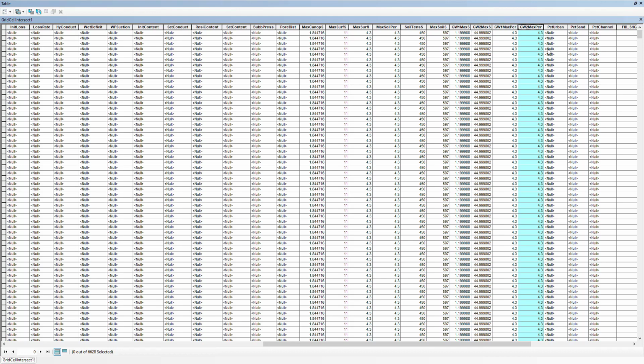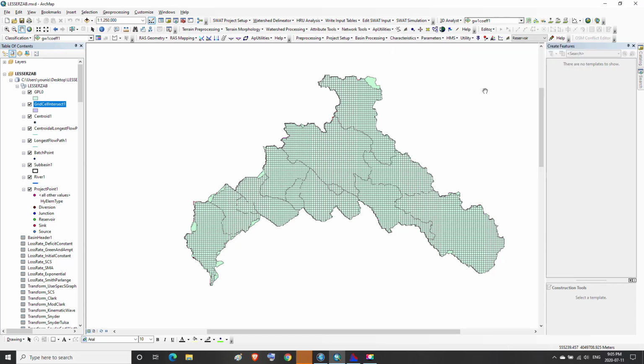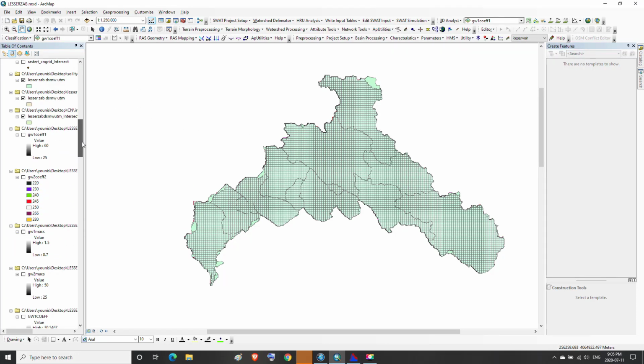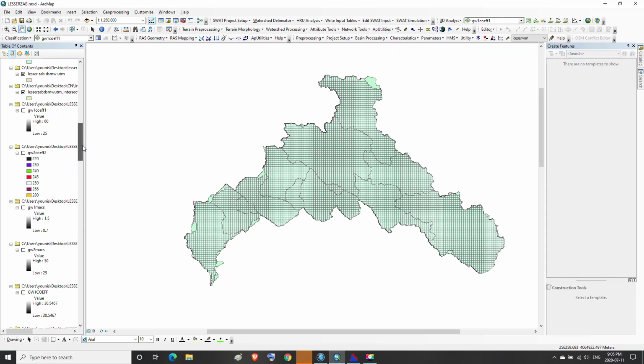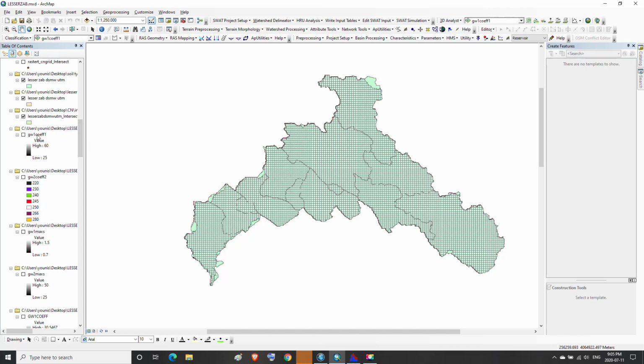And there are still two other parameters for which we did not create a DSS file, and they are GW1 coefficient and GW2 coefficient.